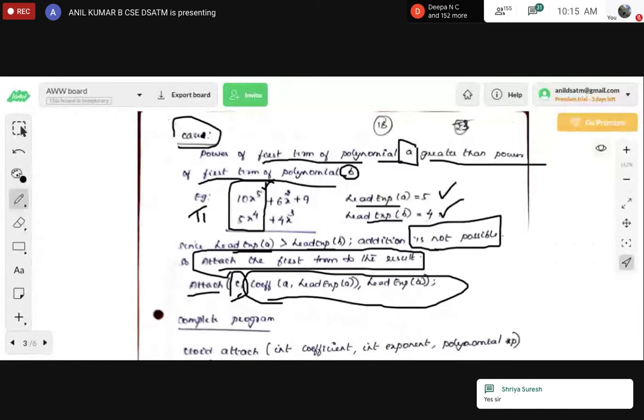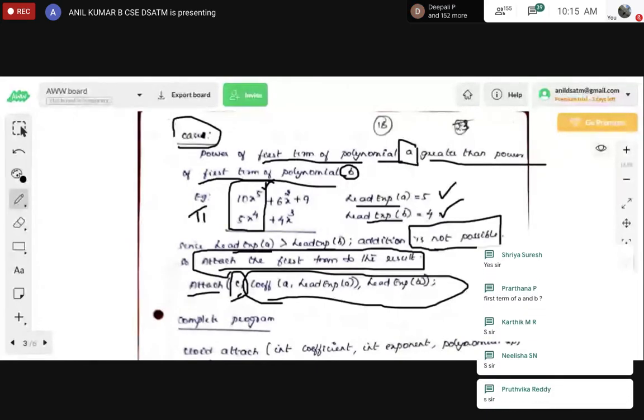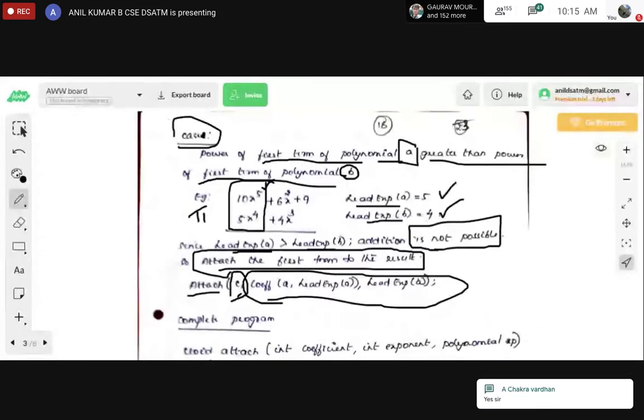Now I'll ask you to write the simple C coding for this individual concept that I explained. From now onwards, I'll be explaining the concepts. The coding part you have learned in the previous semester as well as this semester, and I refreshed all the basic concepts. Now onwards, I'll ask you to write the codes.